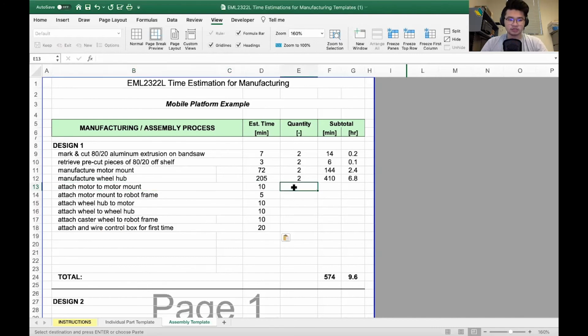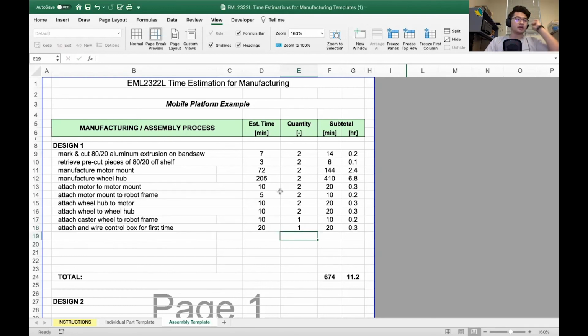Attaching the motor to the motor mount, we'll be doing 2 of those. Attaching motor mount to robot frame, also 2. Attaching the wheel hub to the motor, we'll be doing 2 of those. Attaching wheel to wheel hub, we'll also be doing 2 of those. Attaching the caster wheel to the robot frame, we'll be using 1. And attaching and wiring the control box for the first time, that'll also be 1. So in that compilation, we have filled out the appropriate times for the actual assembly